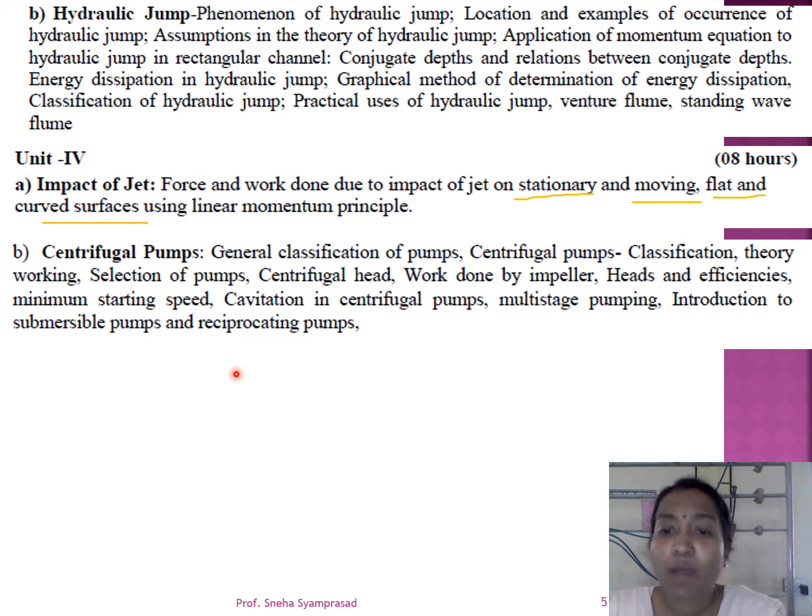Each and every part you have to understand, and you have to write the definition. Then, what is the classification of centrifugal pumps, and the working principles. You have to select the types of pumps for your requirement, like how to select that. Then head and efficiencies and minimum starting speed, and cavitation in centrifugal pumps, because